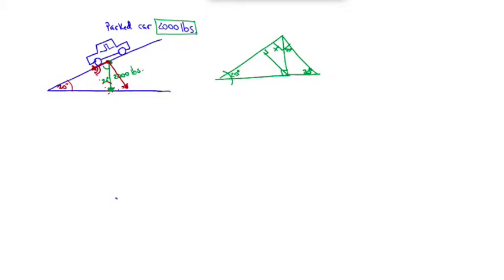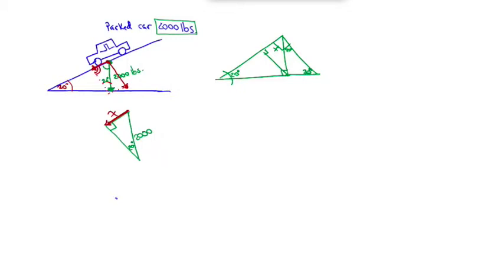Alright, so what I need is, how long is this side according to this 20 degrees? So we have this triangle that looks like this. And the right angle is here. And 20 degrees is here, and we know that this side is 2,000 pounds of force. What side am I interested in? The ramp side, which would be this side here. So I'm curious how much force is being pulled down that side. So how would I solve? Put x there. Put x here. And solve it using